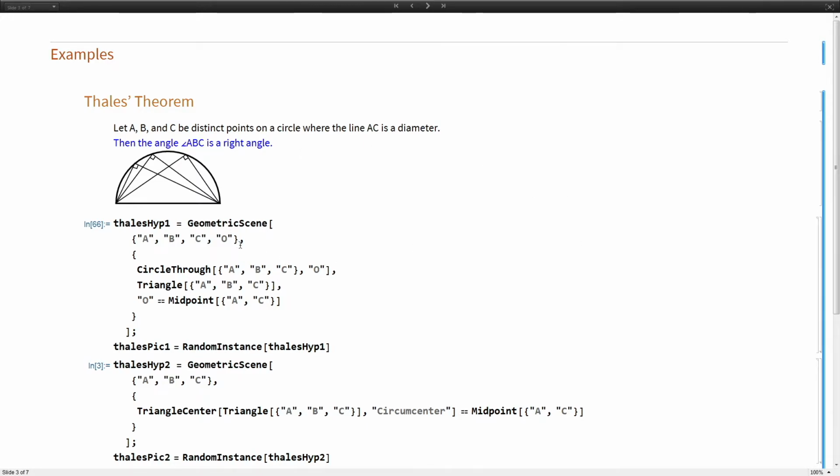So if we want to describe this, we have GeometricScene. We list the points. You don't have to list them as strings, but this is not a scope. GeometricScene does not scope, so it's safe to do it that way. Circle through will be a new graphics function. I'm not sure when that will actually be working, but circle through A, B, C centered at a point O, and then we have a triangle ABC, and O is the midpoint of A and C. So notice we didn't say anything about the conclusion. And then if we run the code,